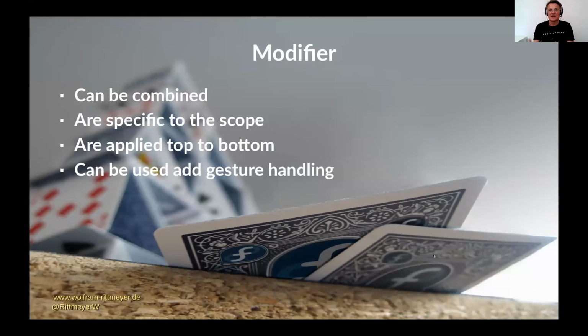Modifiers change the component, the space they take up, maybe even the color, the style for text, for example, whether they should use rounded edges and all these things. And modifiers can be combined. And they are executed from top to bottom. Or applied from top to bottom, let's put it like that, which is really nice.